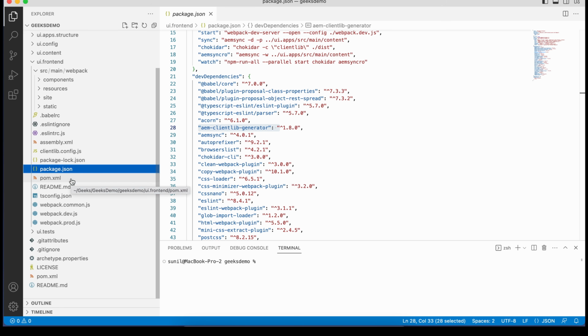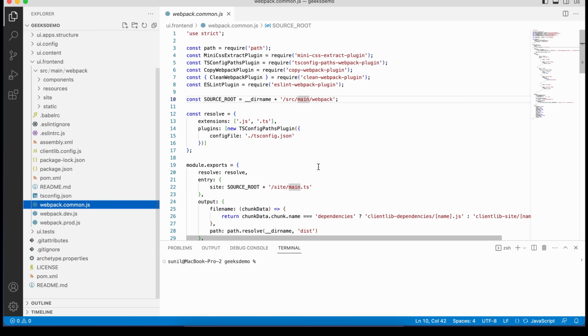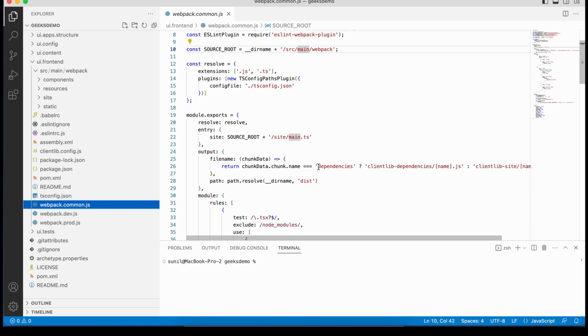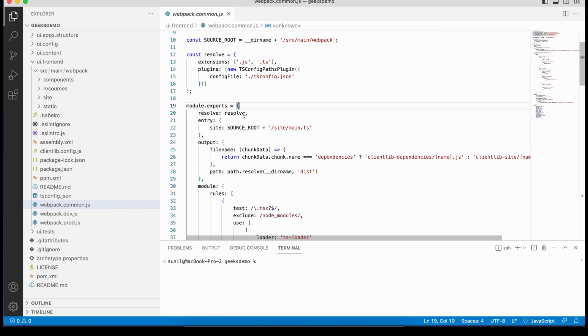Right, now the Webpack related configuration, how it actually creates your client libraries. The first configuration, which is the Webpack configuration, is webpack.common. If you open this, it will define what is needed. It will define what the plugins are, what is required for it. So the important parts here are entry and output, module.exports. If you know Webpack, you must know this is Webpack specific stuff, right? So what it is saying,